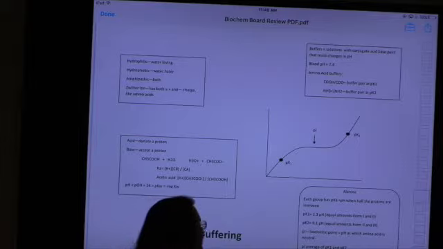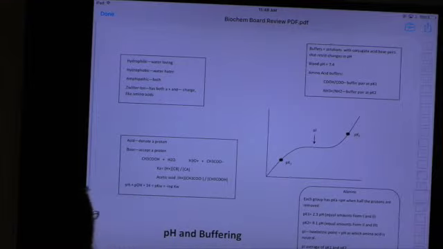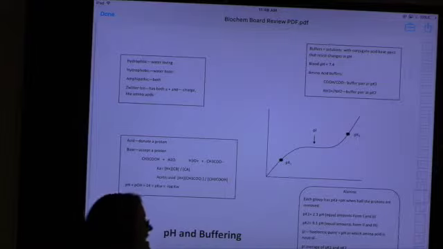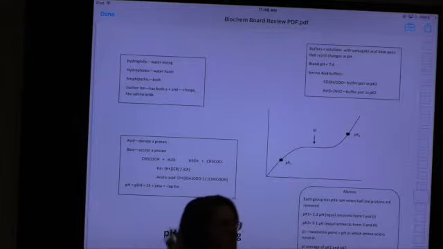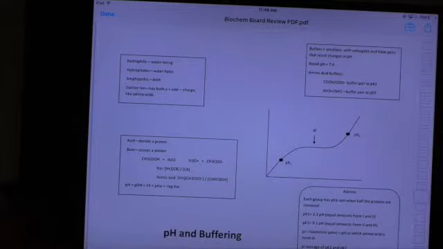Yes? Okay. What's your pI? Does anybody know? What does pI stand for? It's your isoelectric point, your pH at which your amino acid is completely neutral. Good? Yes? For alanine, the pI is going to be the average between the pK1 and the pK2. So if they ask you to calculate the pI, that's how you calculate it. They'll probably give you a chart with the pK1 and the pK2 on it, and you have to run isoelectric. But now you know how. Good? All right, let's move on.